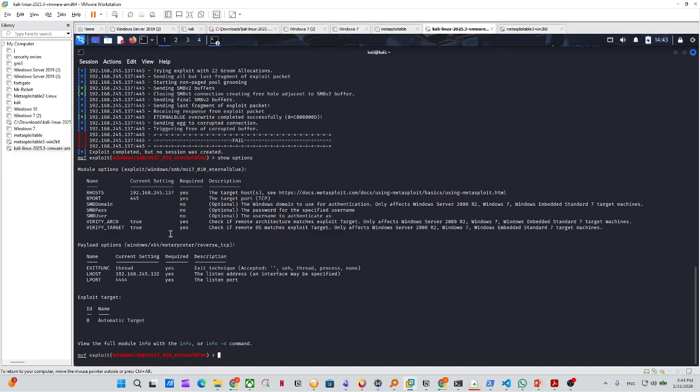So let me just specify the payload. I don't think that will affect it, but let's go ahead and try it. Set payload, I think this one we skipped. Windows